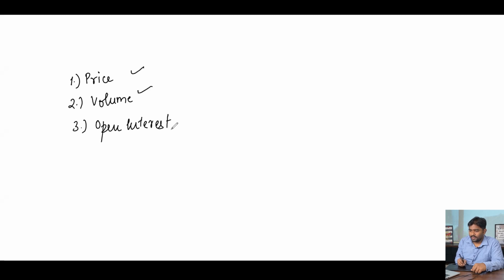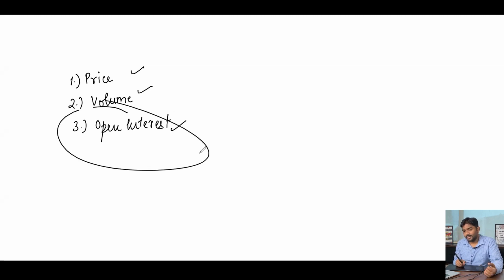First, we talk in terms of the price. The second one is always volume. And the third one is the open interest. These are the three important data as an option trader. Generally, we will mostly go with option open interest. As an option trader, either a buyer or a seller, you always try to use the open interest.